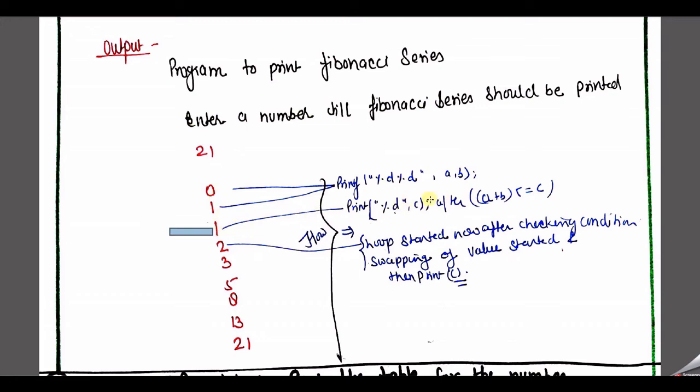According to the function printf, we print this value, and then I assign this value into a and this value into b. So again we need to check our loop. According to the new a plus b, it is equal to 2, and 2 is less than or equal to 21. Yes. So we store this value 2 into c and print the c value, and again we store this value into a and this value into b, and again cross check it, and so on.